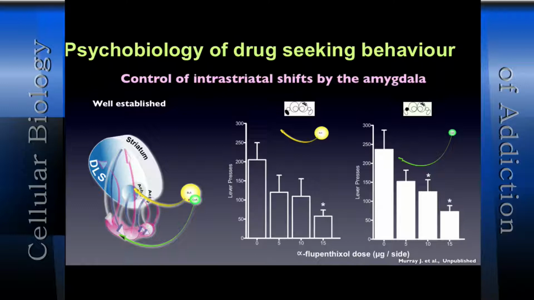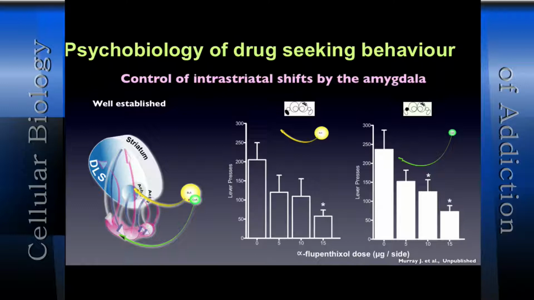So we've been interested in the control by the amygdala. I initially mentioned that the amygdala was necessary for the acquisition of cue-controlled drug-seeking responses. And Packard had demonstrated that if you inject stress-related peptides in the basolateral nucleus of the amygdala, you enhance habit-based responding in spatial navigation, for example. So Jen, once again, tried to disconnect the basolateral and central nucleus of the amygdala from the dorsolateral striatum.